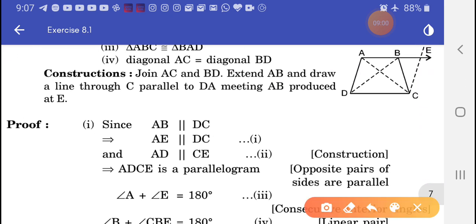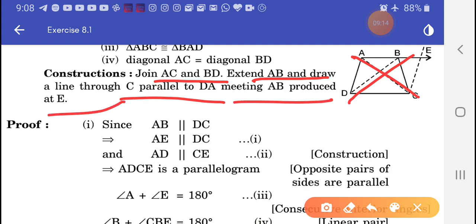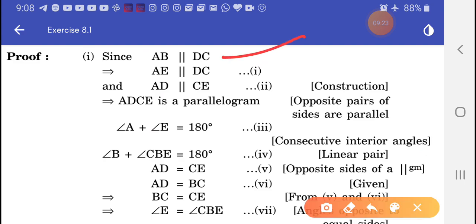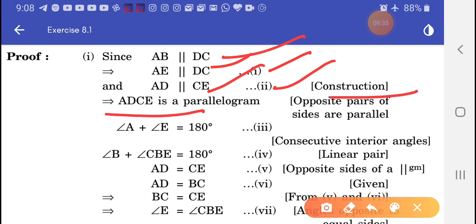Now construction: join AC and BD, and extend AB, and draw a line through C parallel to AD meeting AB produced at E. We drew a line which meets AB produced at E. Now proof, since AB parallel to DC and AE parallel to DC, now AD parallel to CE. Equation first and equation second by construction. Now ADCE is a parallelogram, opposite sides of a pair are parallel, then we can say